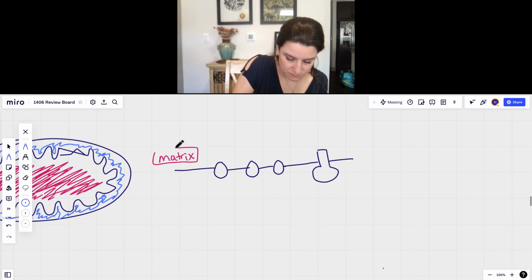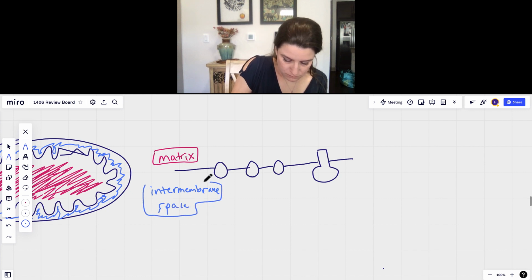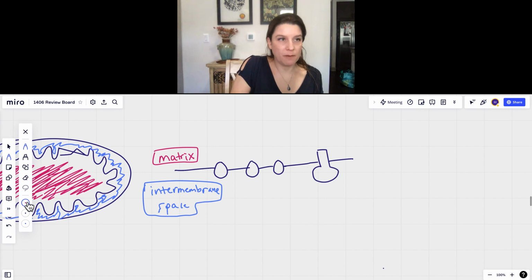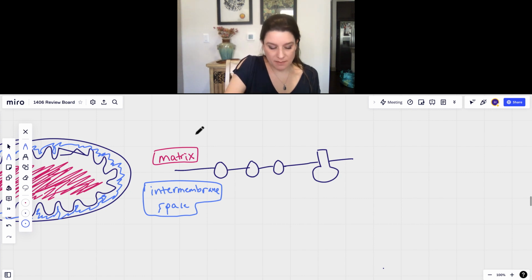And we'll draw the intermembrane space down here. Okay, so where do we get the electrons from in this case? Well, they're not from water this time. Water's going to be at the opposite end, actually. But this time they're from